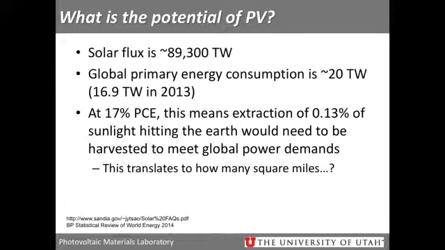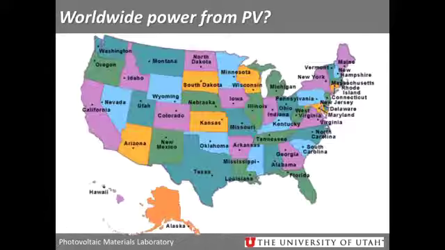But if we say that the flux of solar is estimated at about 90,000 terawatts, and our global primary energy consumption, these are rates, is 20 terawatts in a year. So if we assume 17% conversion efficiency, which is what pretty standard modules are achieving, then a fraction of a percent of the sunlight would be needed to meet global power demands annually. And so if we look at a map of the United States,